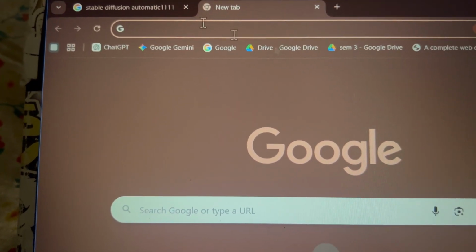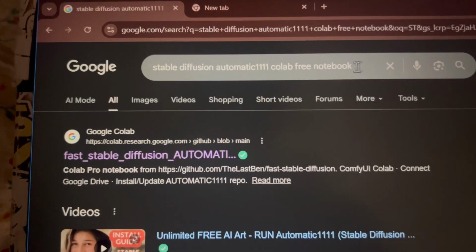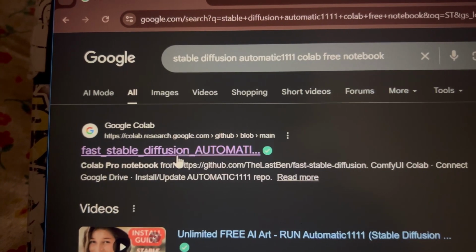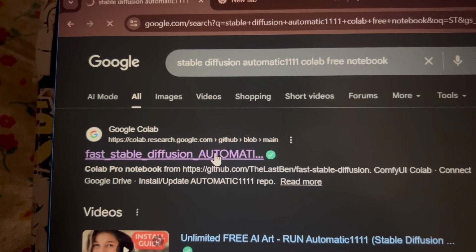So first of all, we have to type Stable Diffusion Automatic on Google. And now you have to tap this first link. This is the official Google link of GitHub. So